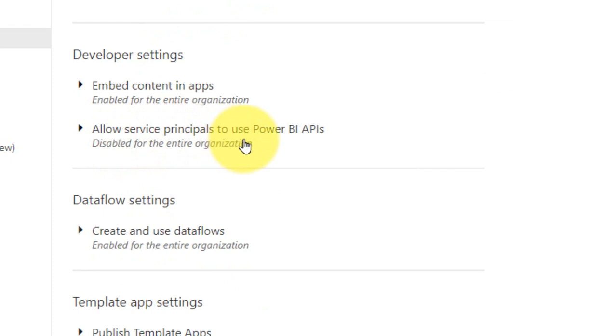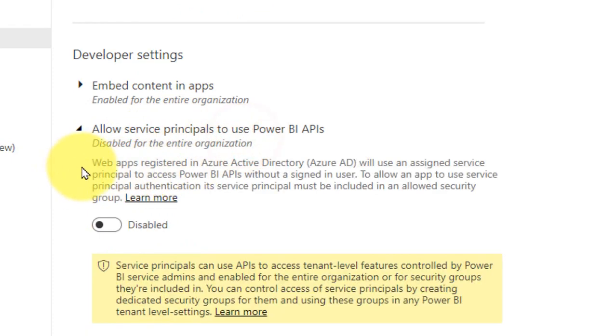Allow service principals to use Power BI APIs. Web apps registered in Azure Active Directory will use an assigned service principal to access Power BI APIs without a signed-in user. To allow an app to use service principal authentication, its service principal must be included in the allowed security group.